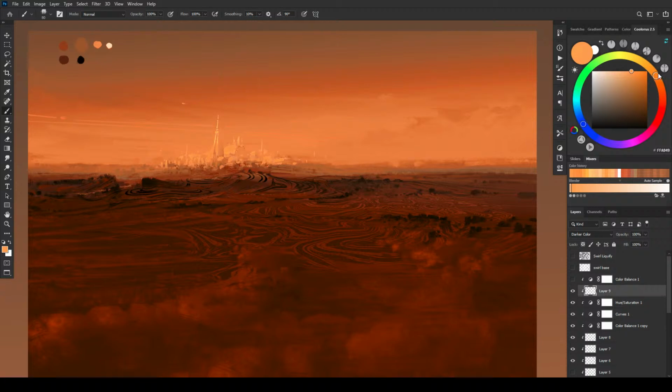I think we'll leave it at 100 and we'll just paint in manually with the transition that we want. I think I might have preferred it before, but